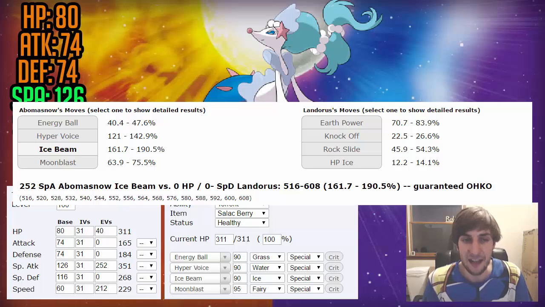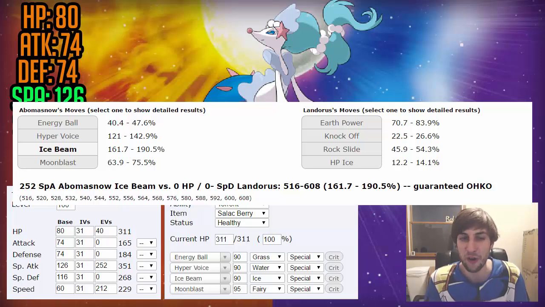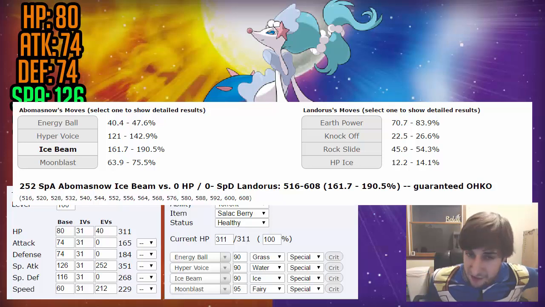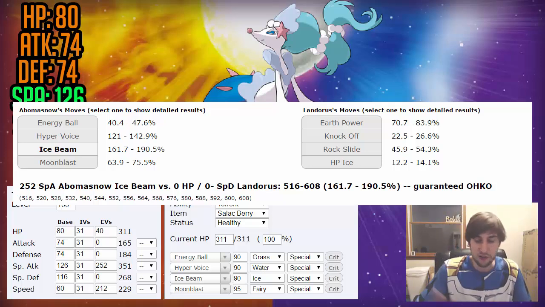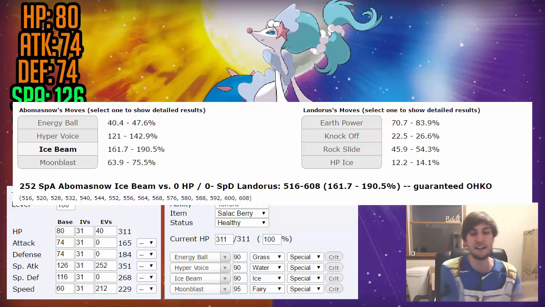How about Landorus Eye? Another one of those Pokemon you'll be outspeeding if you can get into Salac range. 161 to 190%. It's also got that water type Hyper Voice protection if you are fearing that Yache Lando. And not even that, it can OHKO you back with Earth Power, and perhaps based on the set, it can also bring you into Salac range. So you can 1v1 the Lando, it can hit you, you can Ice Beam and kill it,